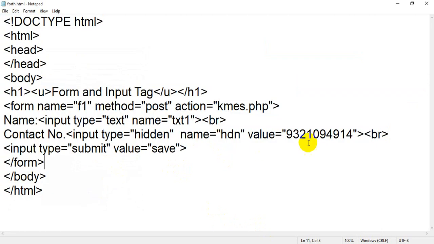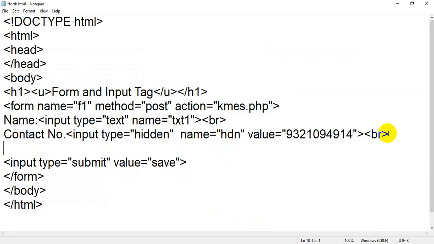After that, I am just going to add one more text box: select color. Remember, in IT the spelling of color is color. Okay, select color. So I will take input type equal to color.